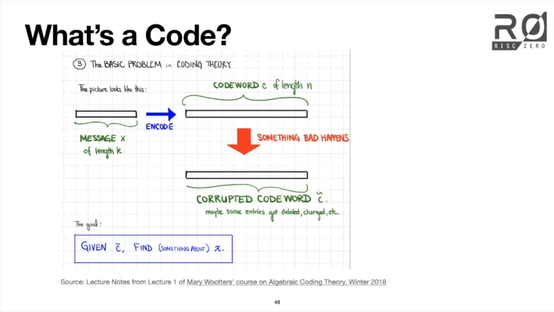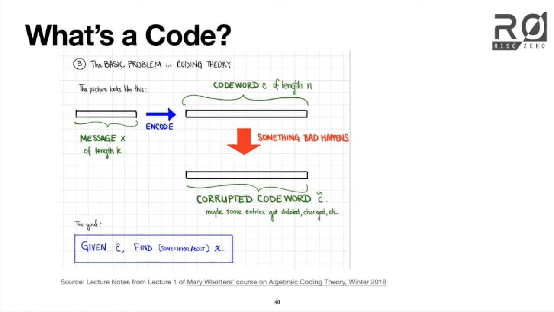So Mary Wooters, who's a professor at Stanford, has a fantastic course on algebraic coding theory. And if you want to dive deeper into learning about Reed-Solomon codes and the associated bounds and those topics, I highly recommend this course. There's a YouTube channel, there's problem sets, there's lecture notes. It's great. I chose a few choice slides from that in order to give a brief introduction to what we